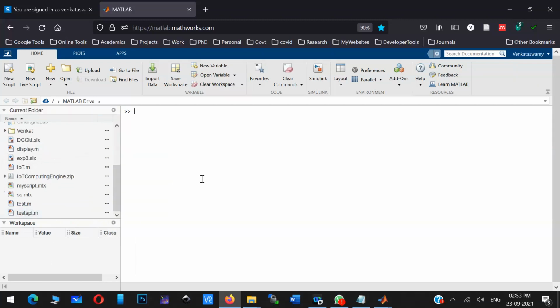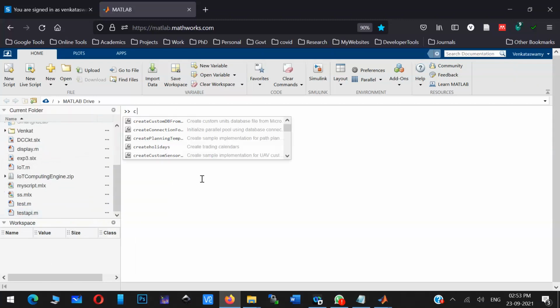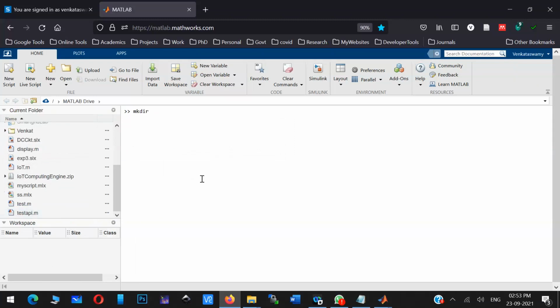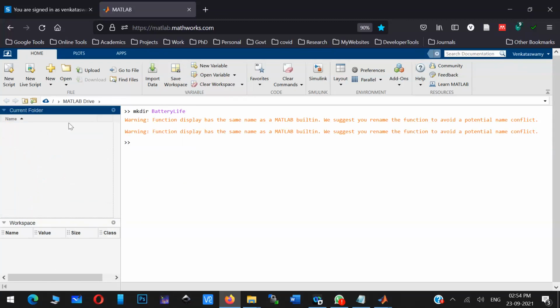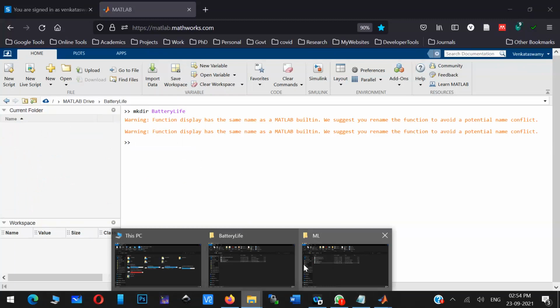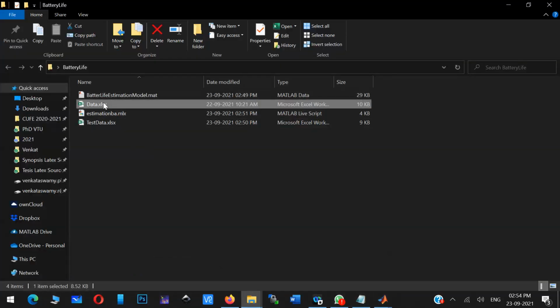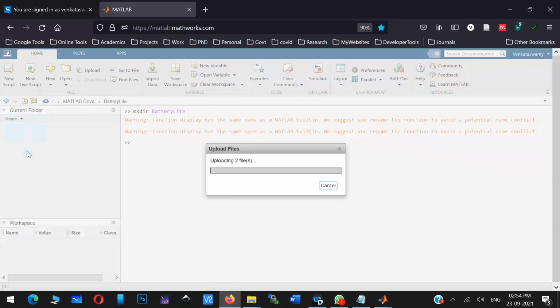I'll just use mkdir, make directory. The directory name I am giving is battery life. So I just created one folder. You can see that folder. Open that folder in your directory, and copy the same two Excel sheets to your MATLAB, so upload those two files.